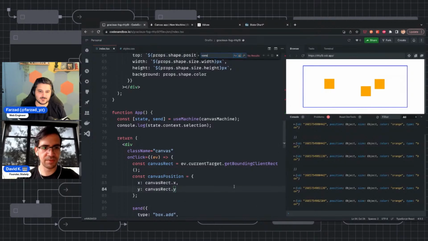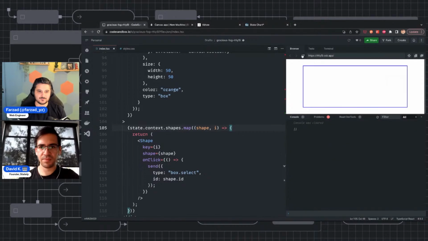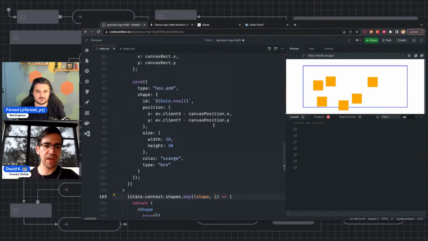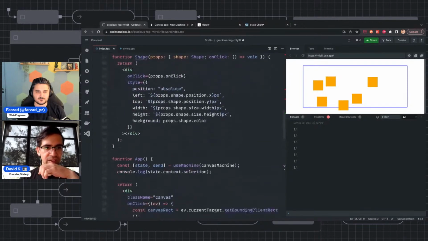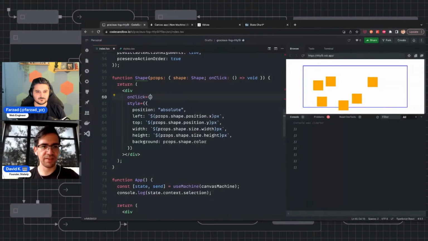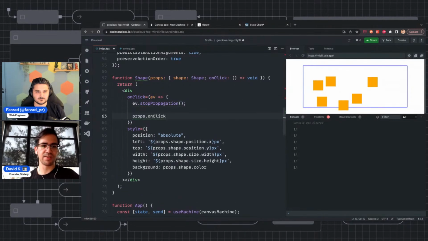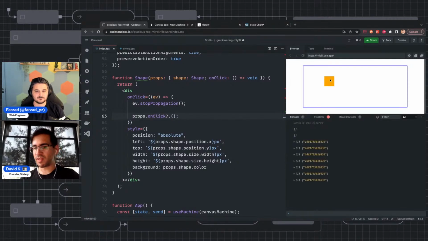So here's the thing. Since we are creating a new shape on click, we can't really model the selection because they're both conflicting in the click event. Well, we have a way to actually prevent that, and so we could do this here. Event, we're going to do event.stopPropagation. So we're going to stop it from going up, and then we are going to call props.onClick. So you see, we clicked inside here, we have our selection. Now, if we change it,